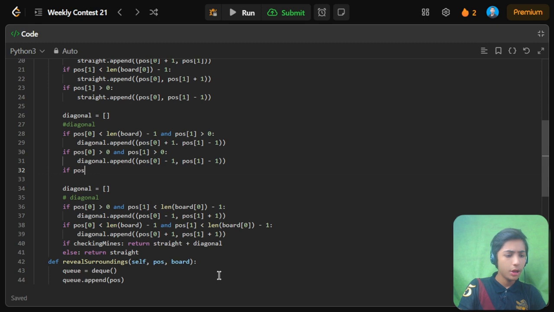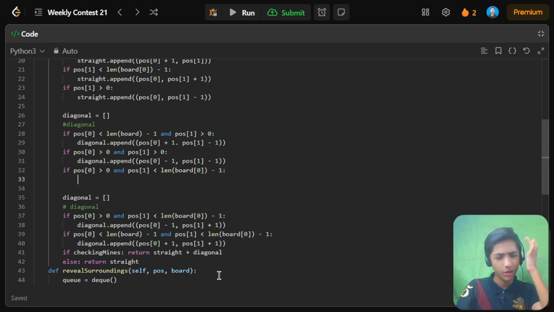If pos 0 greater than 0 and pos 1 less than the length of our board at index 0, then minus 1 and then colon. Enter. Then diagonal dot append pos 0 minus 1 comma pos 1 plus 1